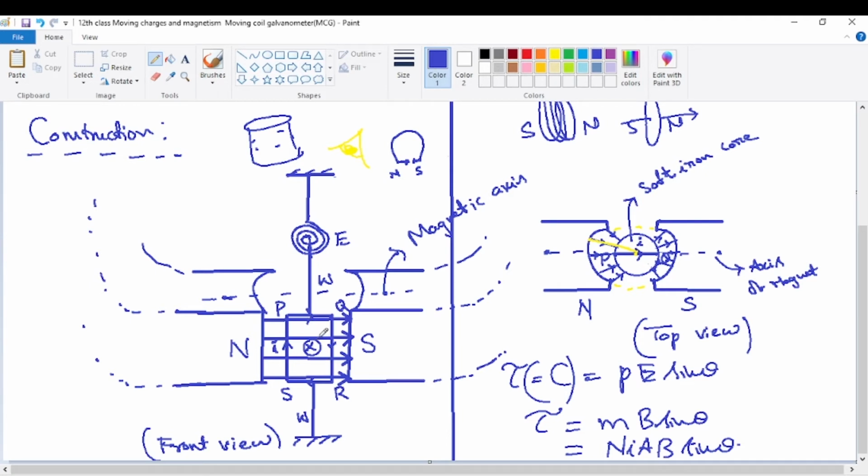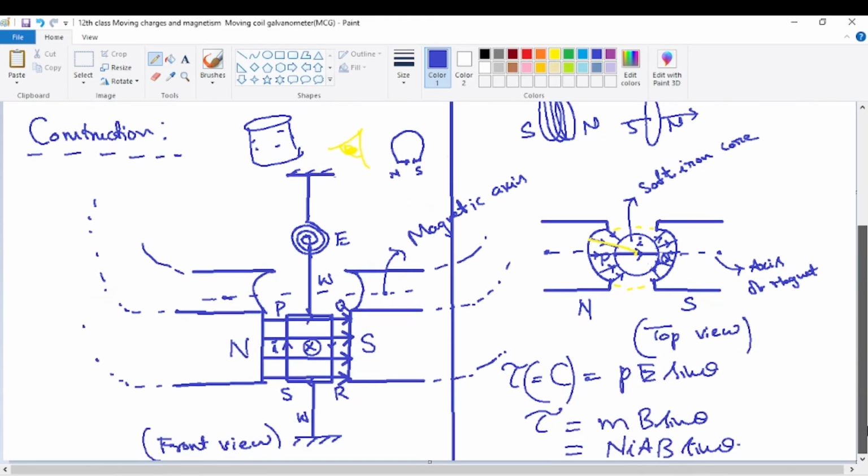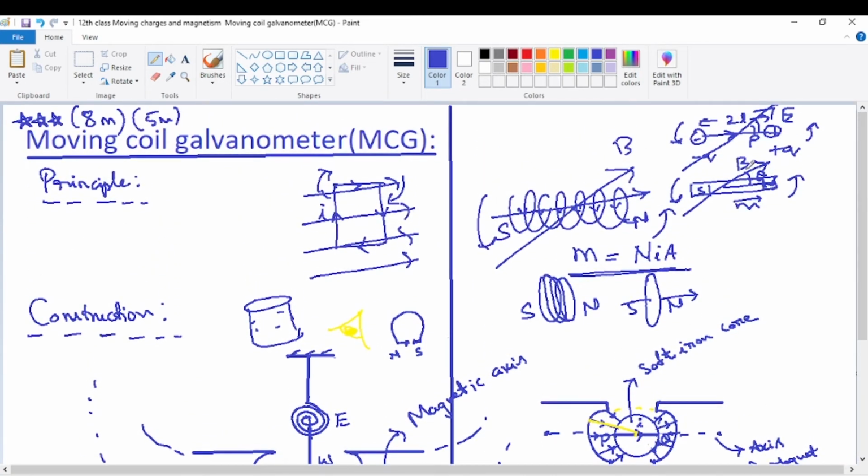Now when it experiences torque, what will happen? Once it experiences torque, it will turn. In what direction it will turn can be proved. The coil turns, based on the direction of the torque, so that finally it comes into the direction of the field. Once it comes into the direction of the field, angle theta becomes 0, and the torque disappears. What is the torque? MB sin theta. Once the magnet comes parallel to the field, theta becomes 0, and torque MB sin 0 is 0, since MB into 0 is 0.